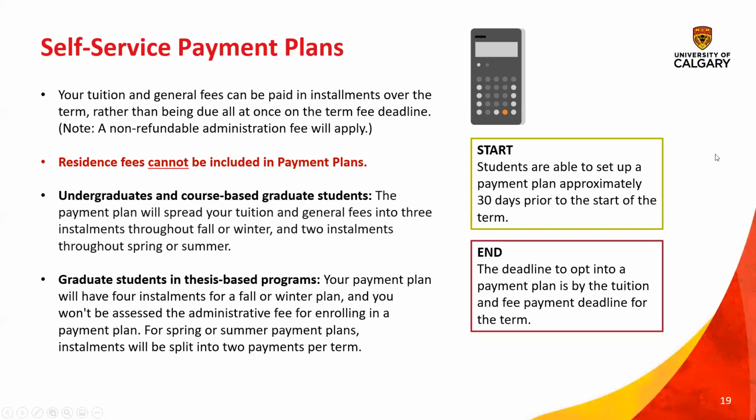Enrollment in the payment plan is open now, so 30 days prior to the start of the term. That has been open since August 1st. And then the winter payment plan enrollment would open up around the beginning of December. The deadline to opt into the payment plan is the fee payment deadline. So by September 22nd, we effectively need to have a plan in place to pay your fees. If we know there's going to be a delay and can't pay in line with that deadline, the payment plan is here to provide a little bit of flexibility on that side of things.